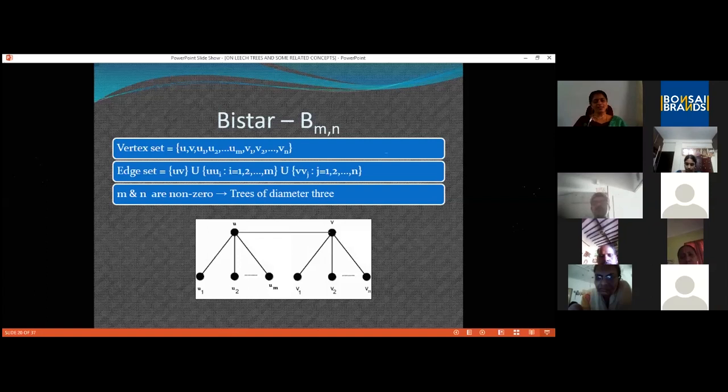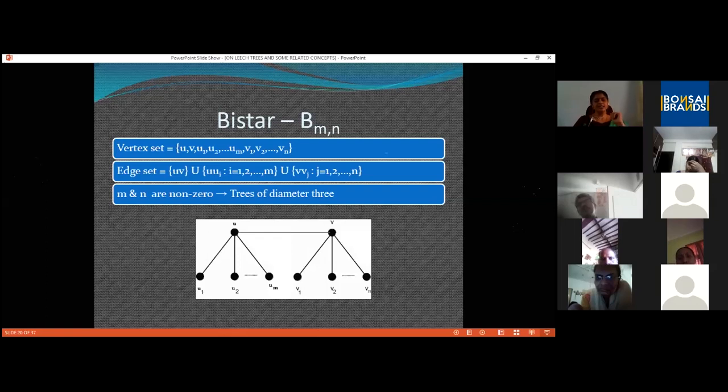But the problem is that here complete symmetry is not there. There is some difference. The difference arises depending upon the number of pendant edges assigned to U and to V. If n is equal to m, that is, the number of pendant vertices made adjacent to U is equal to the number of pendant edges assigned to V, then there is some sort of symmetry, but not as much as in the case of a star.